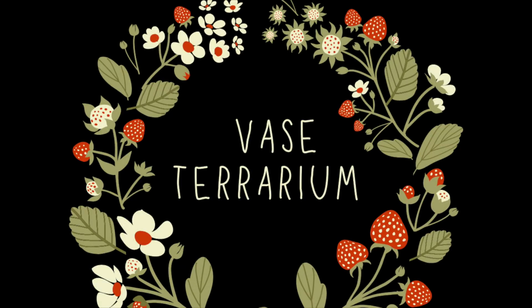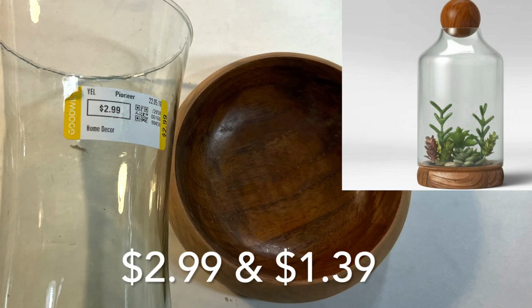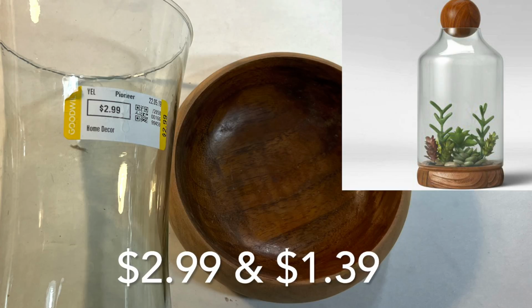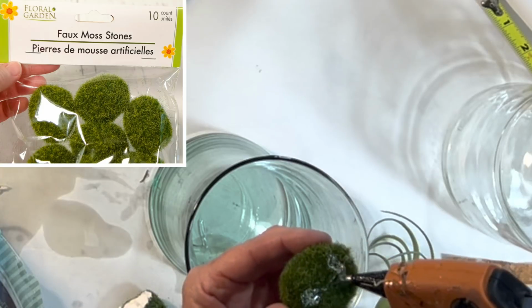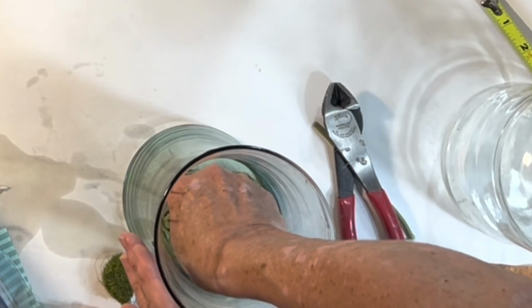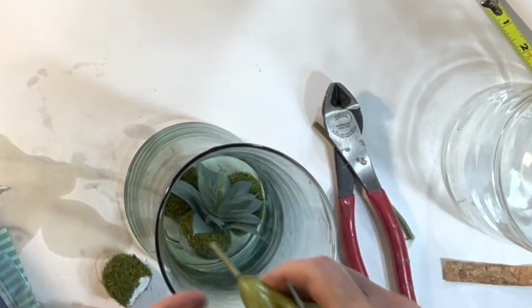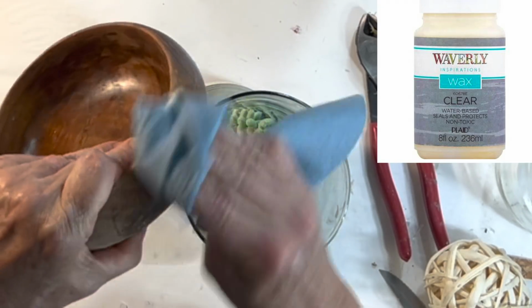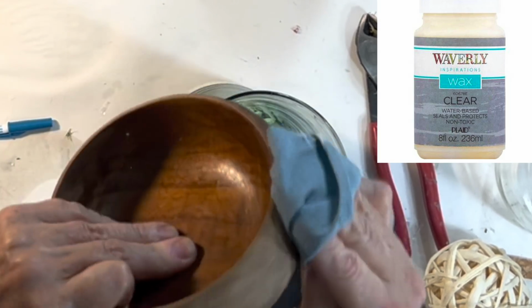I've been seeing a lot of glass and wood terrariums in the stores lately and thought that I could replicate it using an inexpensive vase from the thrift store. I hot glued some moss-covered styrofoam rocks into the bottom of the vase and then stuck in some inexpensive faux succulents. To freshen up the wood on an old thrifted salad bowl, I sanded the exterior and then applied some